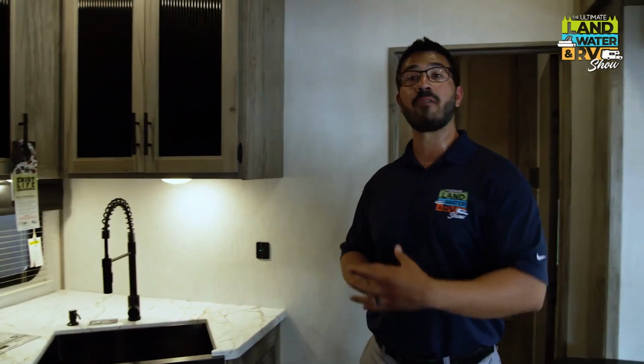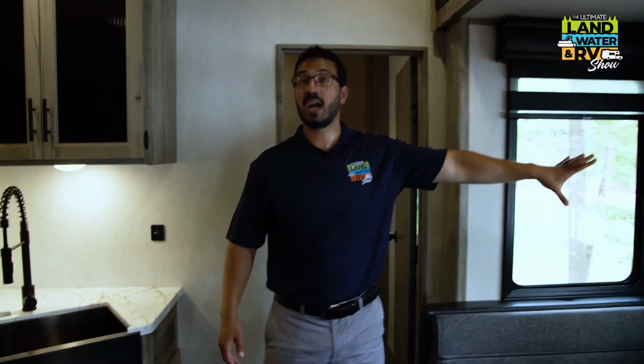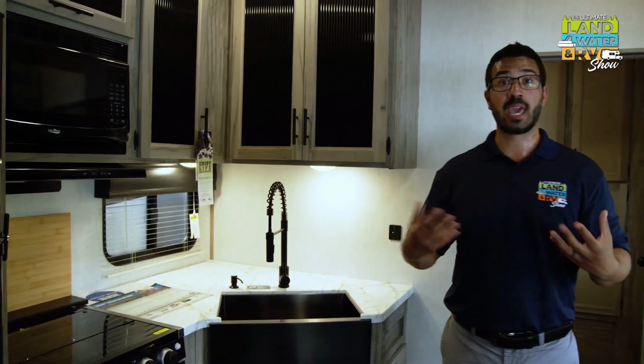Some fifth wheels will have islands. If you want a kitchen island, I'll give you the quick pros and cons about that. The pros, of course, you get a lot more prep space. You're also going to get a lot of storage in that island. The con to having an island, in order to do it, you have to have a slide out on both sides. While a slide out on the off-camp side is fine, because there's generally nothing over there, when you put a slide out on the camp side, that tends to remove some of that usable camp space